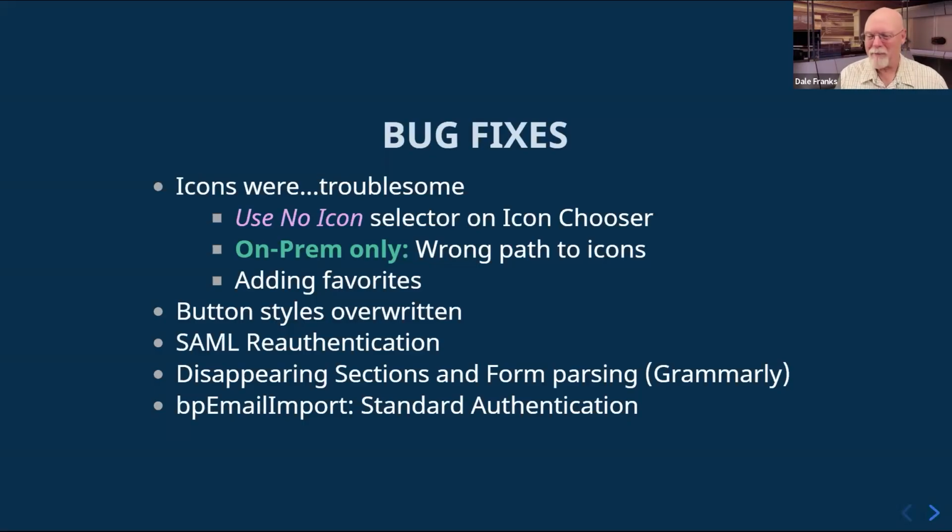So that didn't work. If you are an on-premise customer and if you were using Process Director in a virtual directory, not in the default location, on some installations, and not all of them, it was showing the wrong path to the icons. So when you opened up the icon chooser, you just didn't see any of the icons at all. All of the icon images were broken. They never displayed. You could still select them, but you had no idea what you were selecting. So we fixed that.